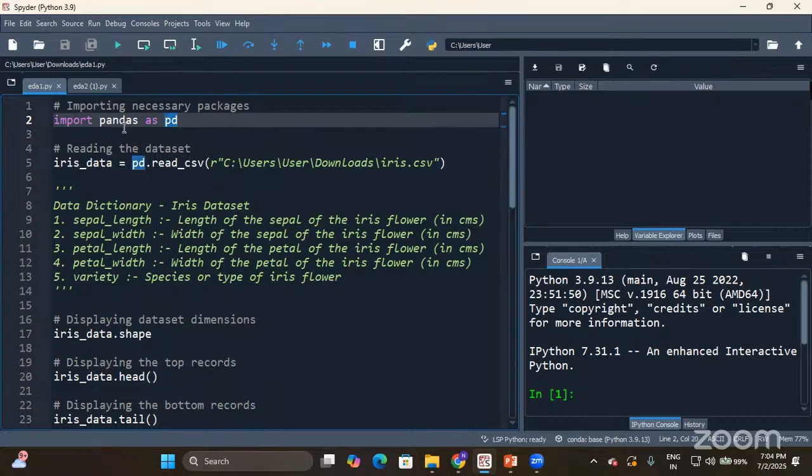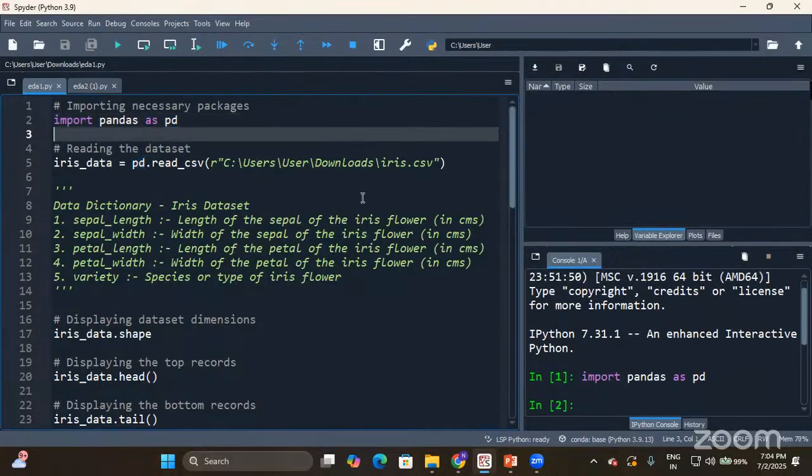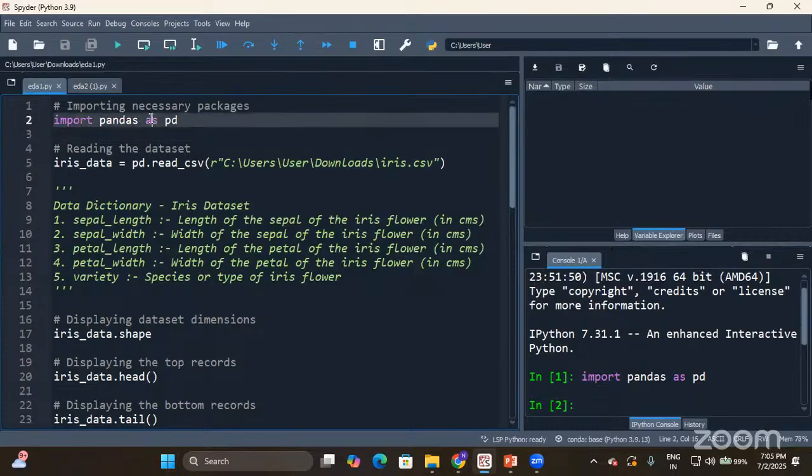That means the entire folder gets imported to the session's memory. Done. Import is a keyword, as is a keyword. Pandas represents the package name and pd represents the shortcut name or alias name that we are giving for pandas. I hope it is clear.